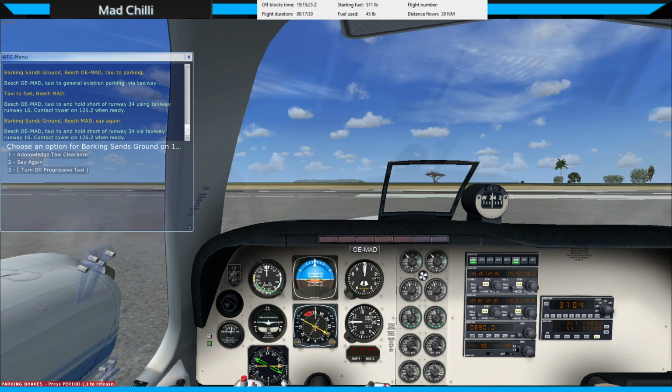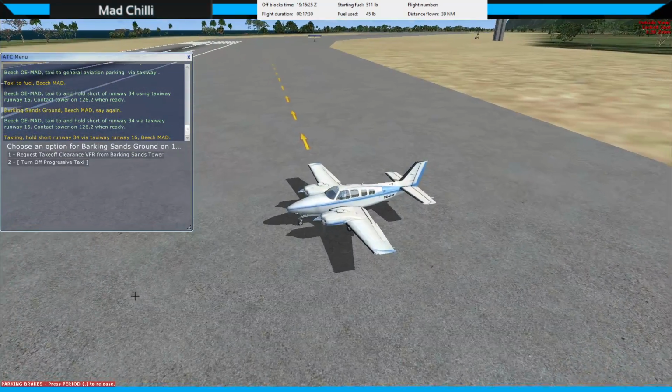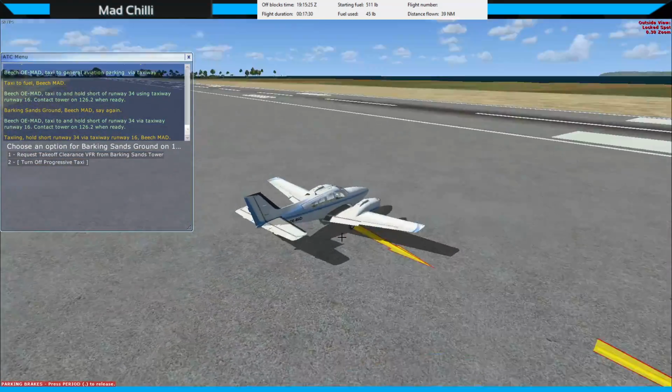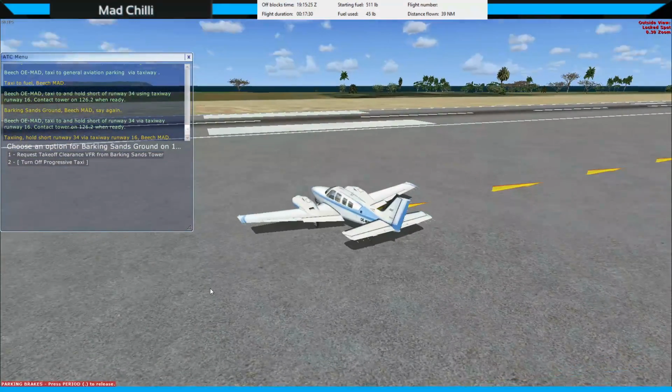Right, turn on progressive taxi. Taxiing, hold short runway 34. Oh, it's that runway, is it? Okay. Did not expect to be taking off on that runway. I'm positive it would have been the other one actually, but